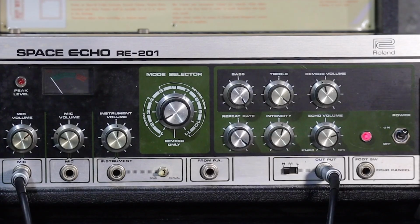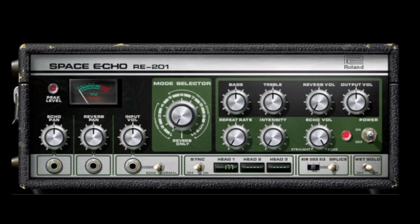Number 2, the UED Roland Space Echo. This is easily one of my most used pieces of equipment of all time, both as a hardware and as a plugin. And while most people think of it as an echo, I actually use it for so much more. Sometimes I use it to add texture to sounds, even without echo or reverb, giving them a bit of that wobbly, chorusy feel, together with some natural saturation and filtering effects,